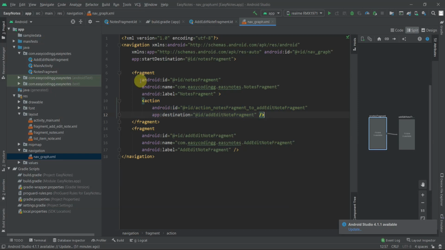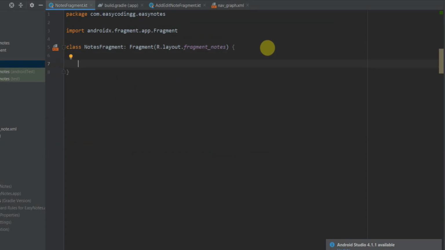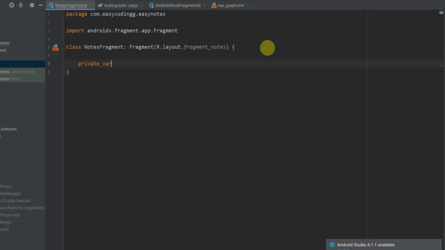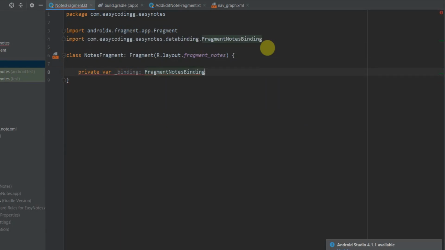Now we will set up view binding for our fragments, and for that let's move to NodesFragment first. So view binding is basically a null and type safe way to access views from our layout. So we will set it up, and for that we need to make a private var _binding variable, and it will be of type FragmentNodesBinding. It will be a nullable type, and we'll set it to null initially.